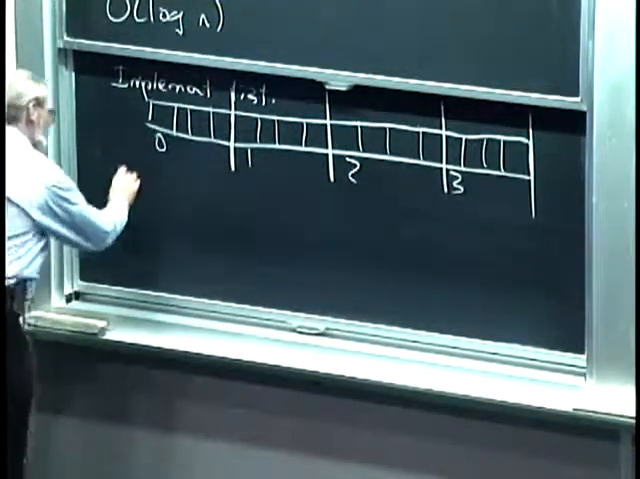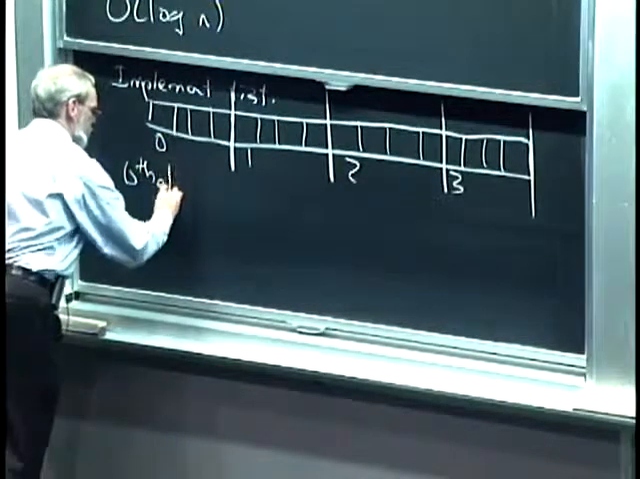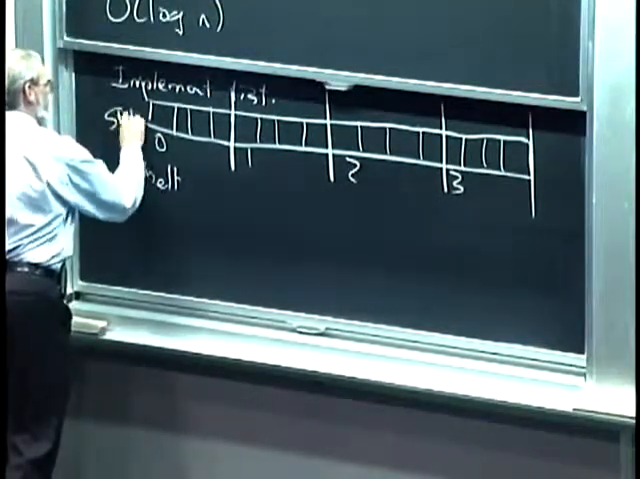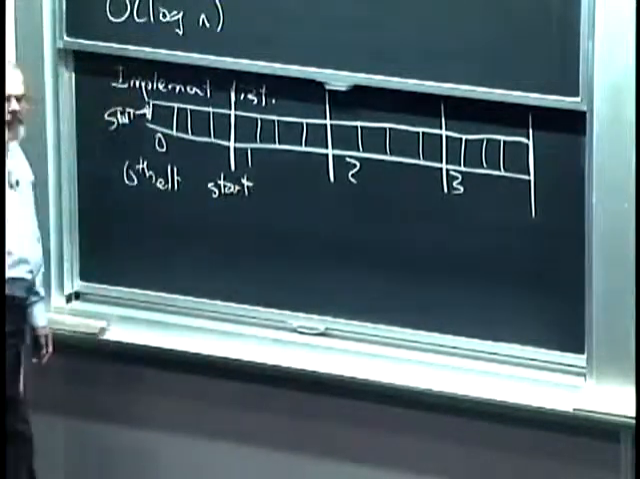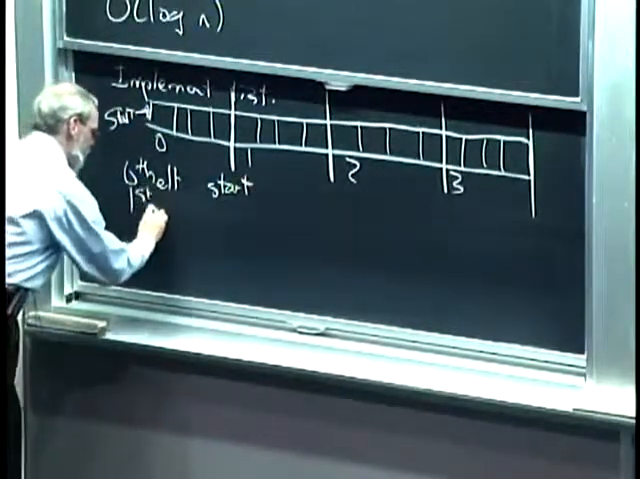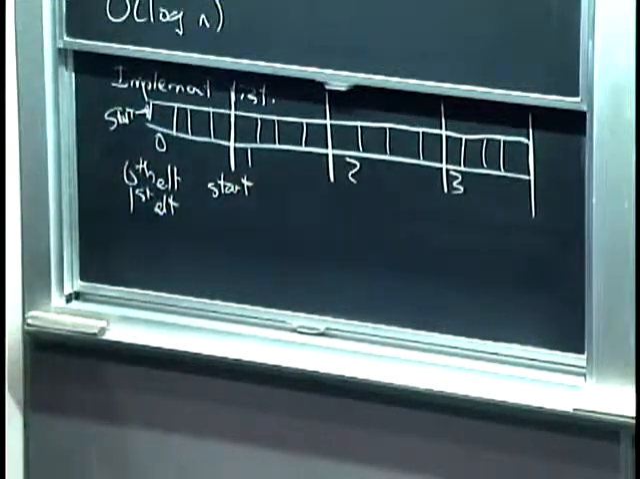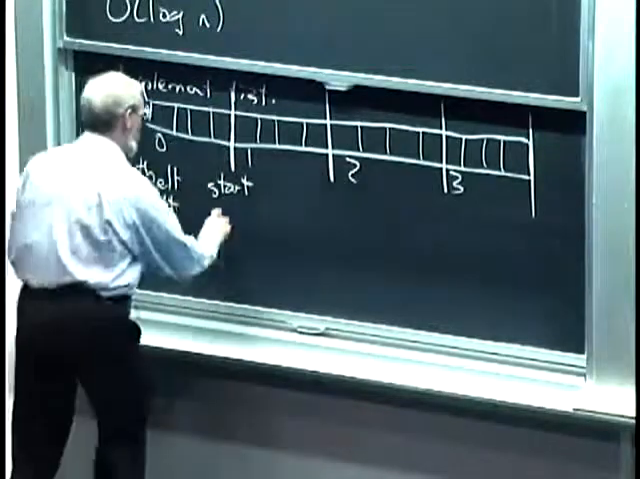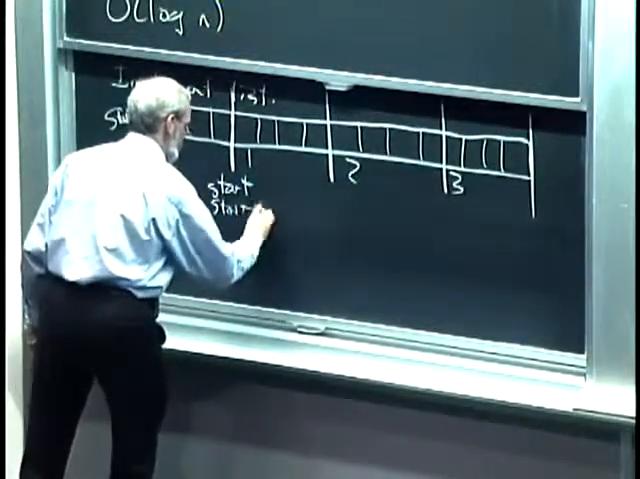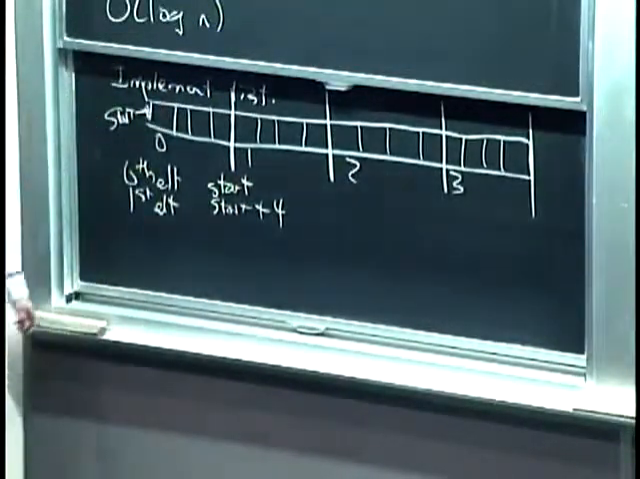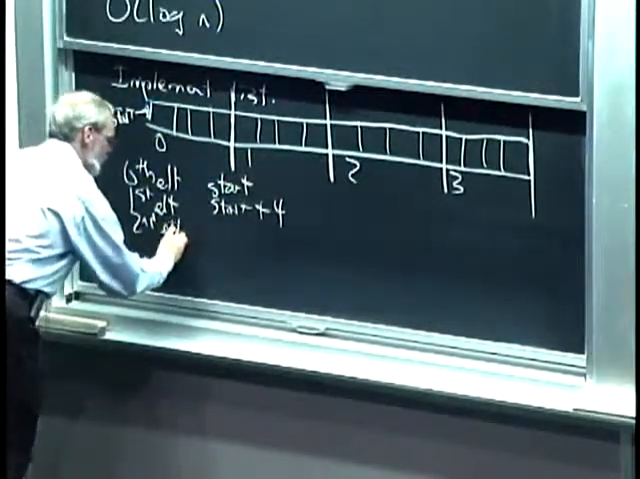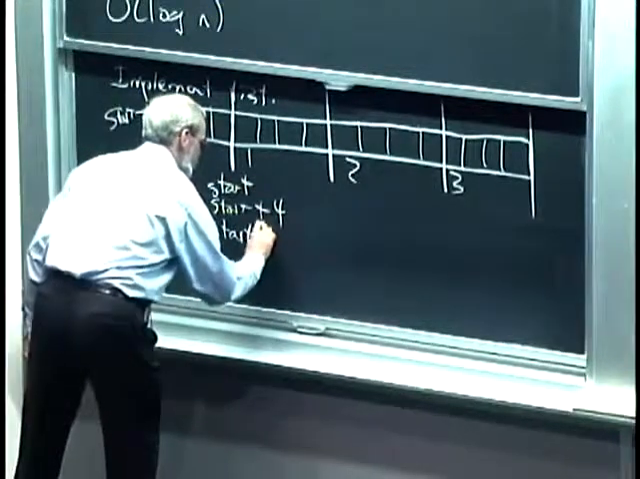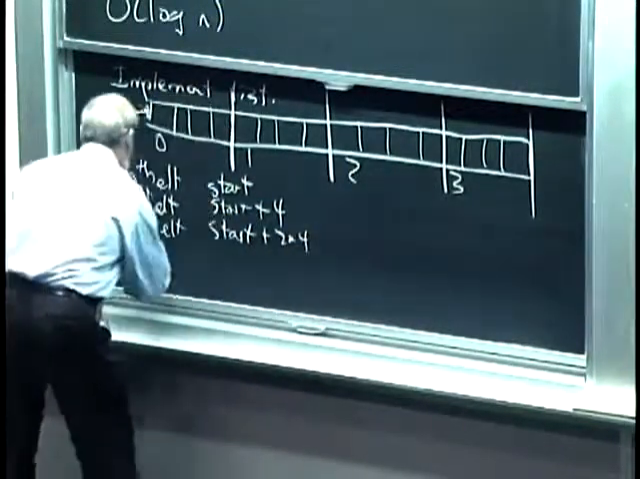And to find the 0th element, if start is pointing to that memory cell, it's just at start. To find the first element, because I know I need 4 memory cells to represent an integer, it's at start plus 4. To get to the second element, you get the idea, it's at start plus 2 times 4. And to get to the kth element,